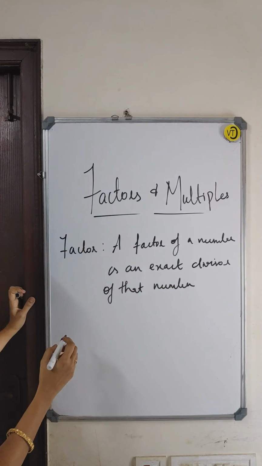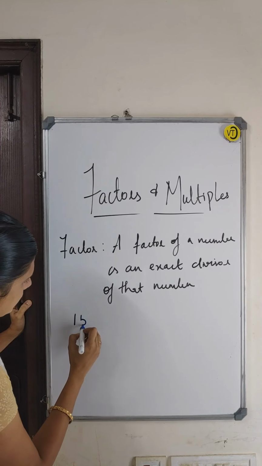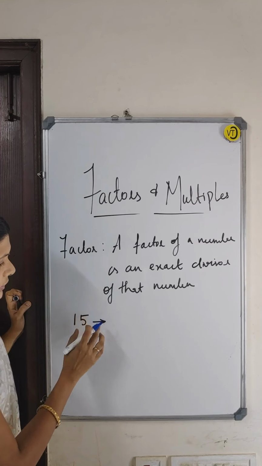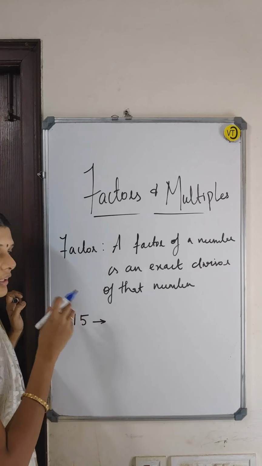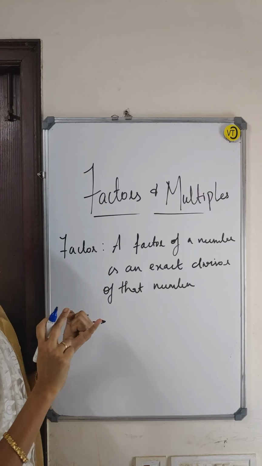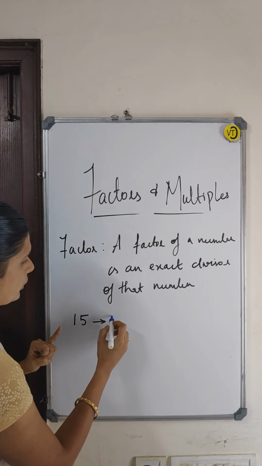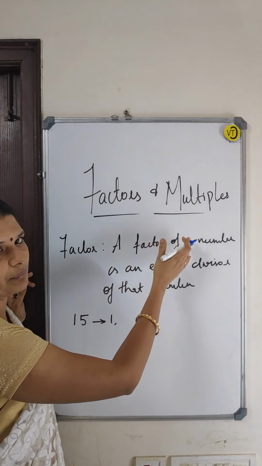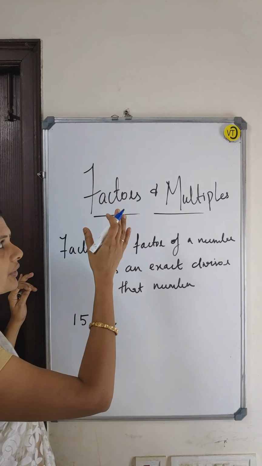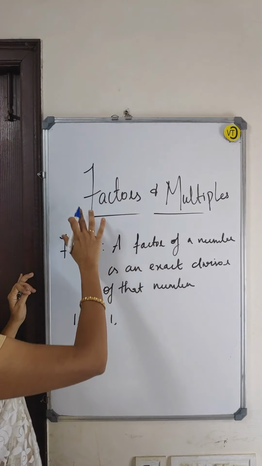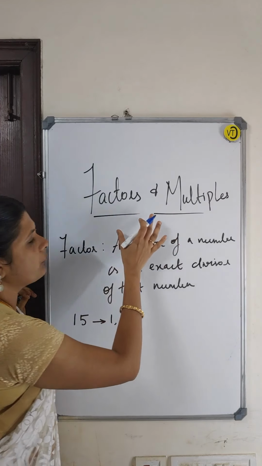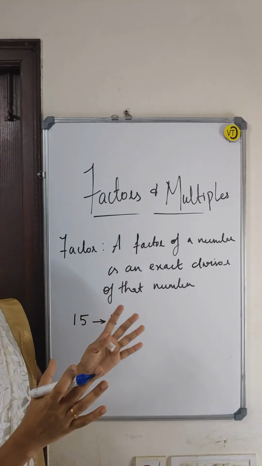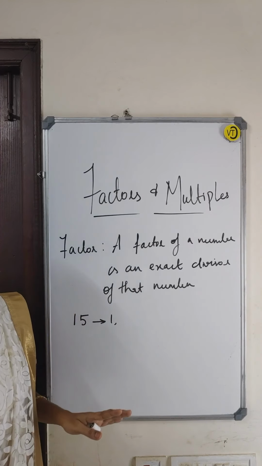Say, for an example, let me take 15. Which tables will 15 come in? First of all, one table definitely will come. Small children will know this, it is a basic for them. Factors and multiples, everyone wants to know that. We talk about it very commonly in mathematics, and still we have more doubts in this. So I want to clear this now.